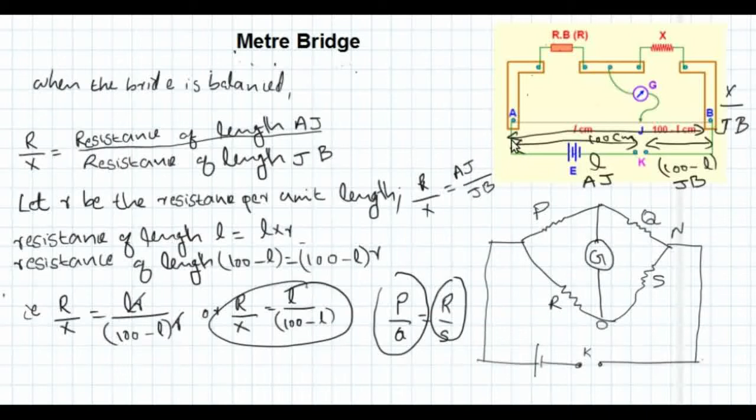Now, this wire of length 1 meter is actually fixed over these two strips using a screw. Practically, it is fixed using a screw. So there is a possibility of a contact resistance at the points A and B. And the length may not be exactly 1 meter because it is a wire and we are going to fix it here. So the length we want here is 1 meter, but there will be some extra length for this wire practically at the points A and B. And this will give rise to a contact resistance at the points A and B practically.